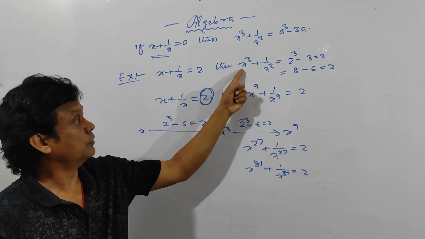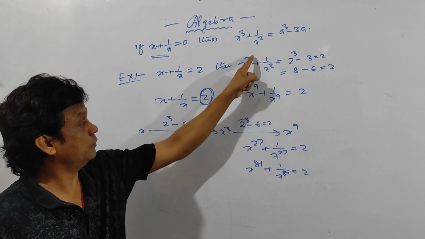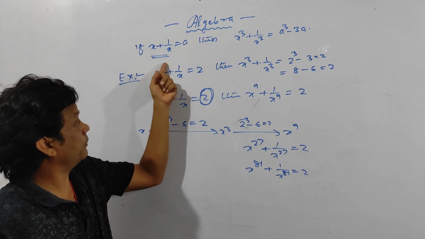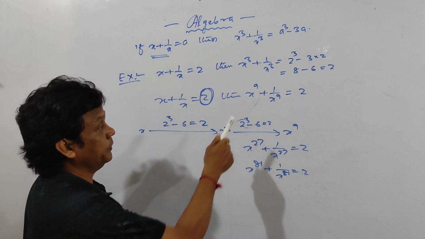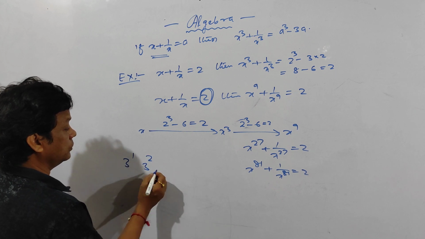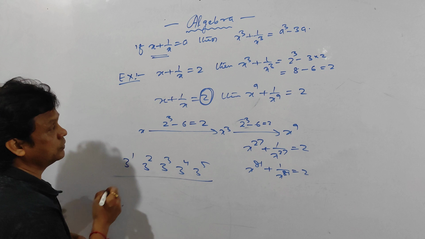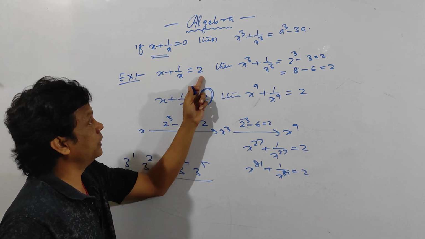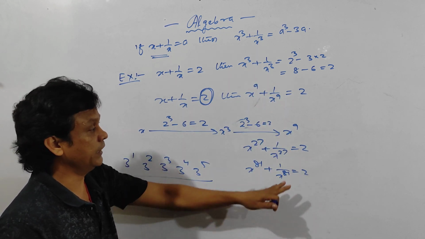Power, it is 3 to the power of 1, 3 into 1. So whole power of 3 is this one, then whole power 3 to the power 3, it will be 9. That means 3 to the power 1, 3 to the power 2, 3 to the power 3, 3 to the power 4, 3 to the power 5 and so on. These values will be equal to 2. If this one is true, but if this one will have 3, 4, 5, 6, it will vary. So this is the trick.